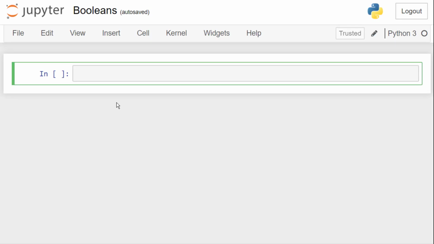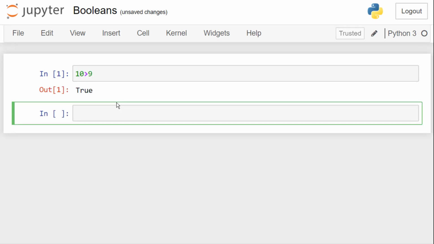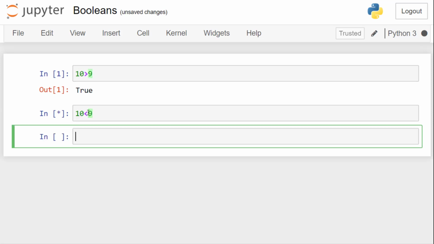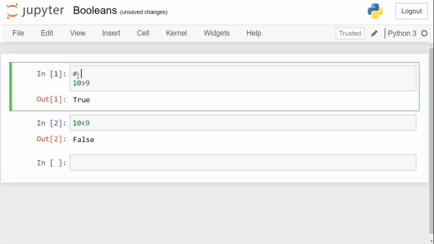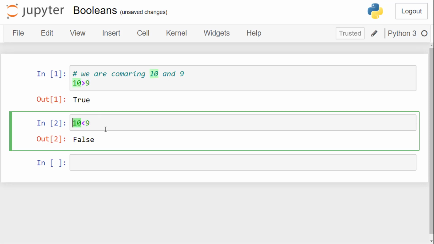Let's try it out. I will say 10 is greater than 9 and that's true. Then we have 10 less than 9. That's false. Here we are comparing 10 and 9, checking whether 10 is less than 9 or not.